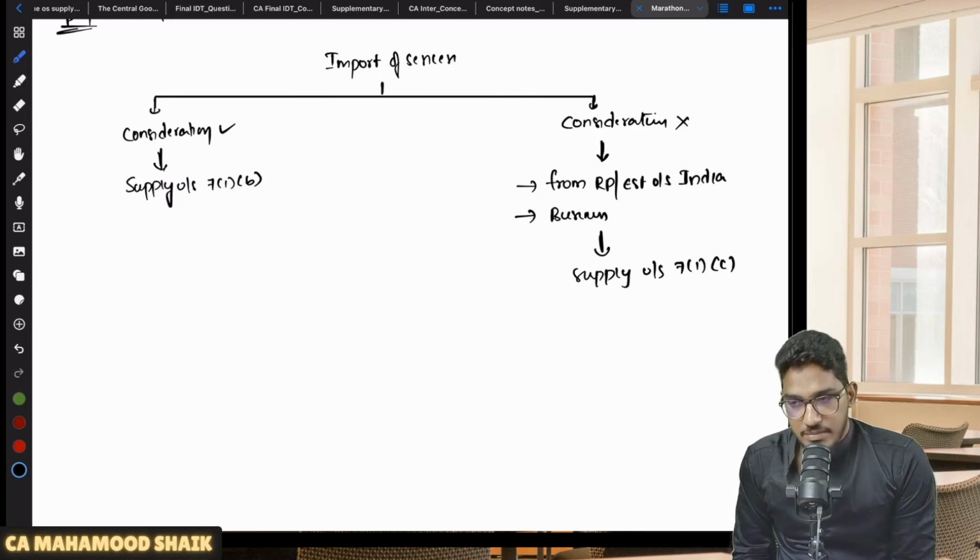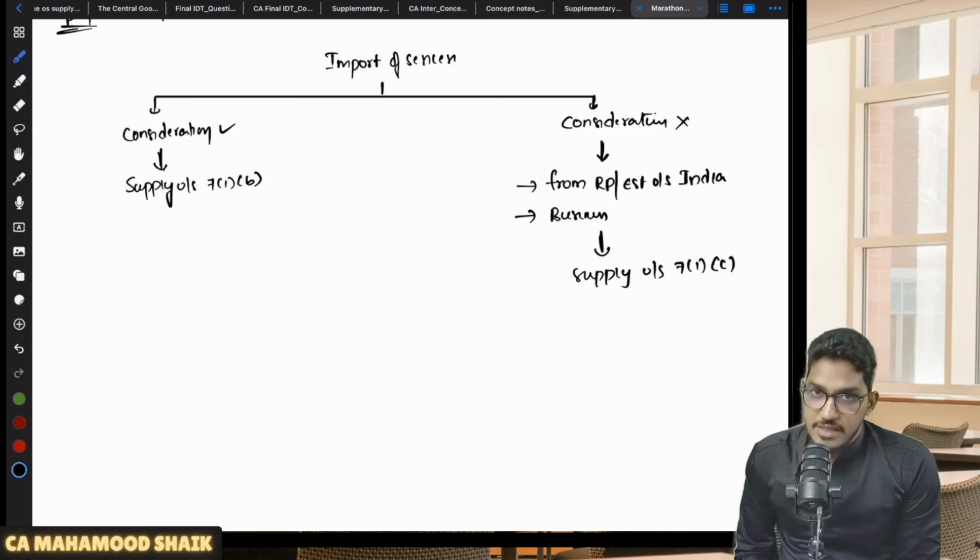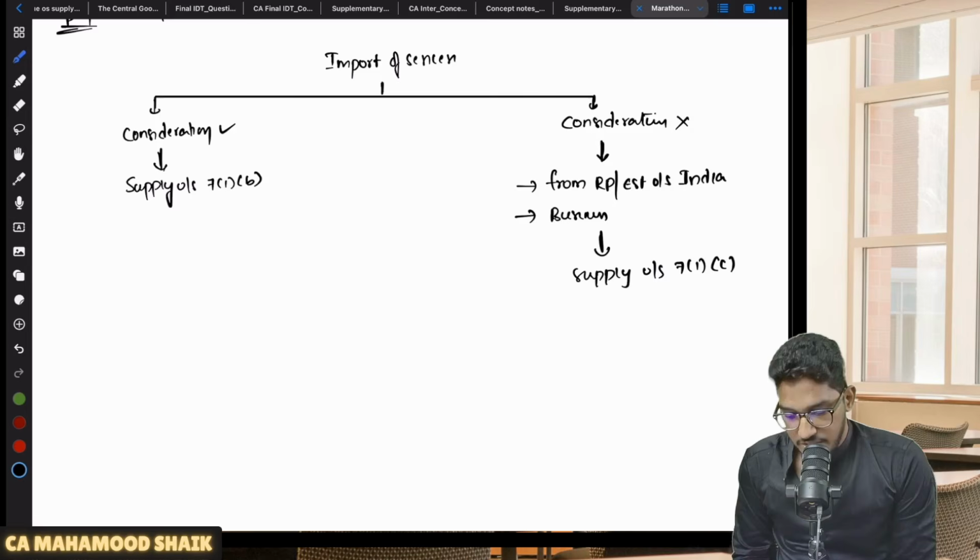First check, is that import of services for a consideration? Yes, import of service is for a consideration. Then you have to treat it as supply under section 7, subsection 1, clause B. On the other hand, if there is no consideration for importing the services,